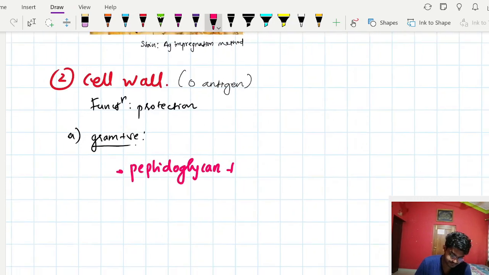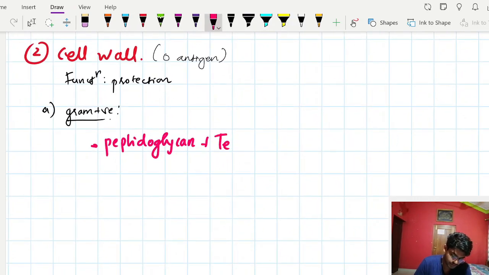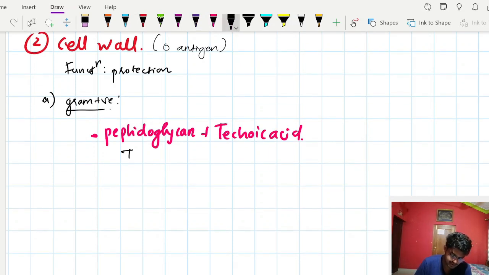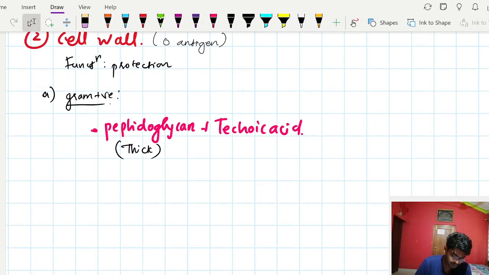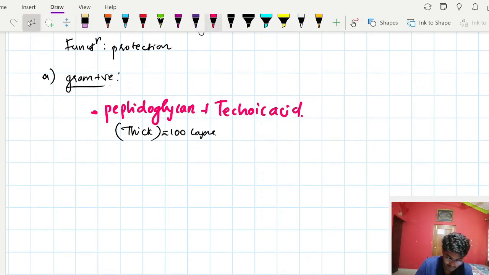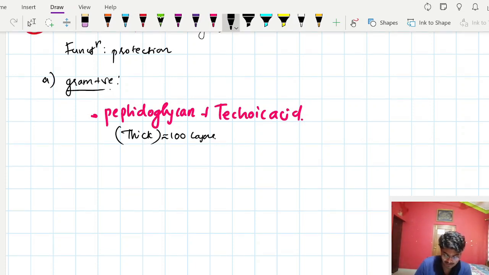plus teichoic acid. Okay, this is a thick layer. Peptidoglycan is a thick layer, about 100 layers. This is one of the reasons why it takes the primary stain, that is crystal violet. When we talk about gram negative,